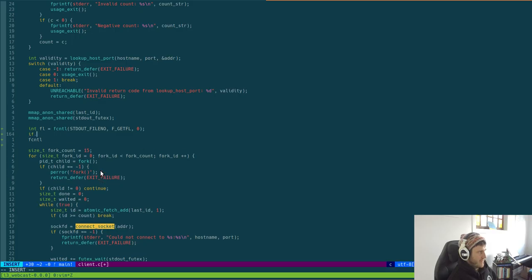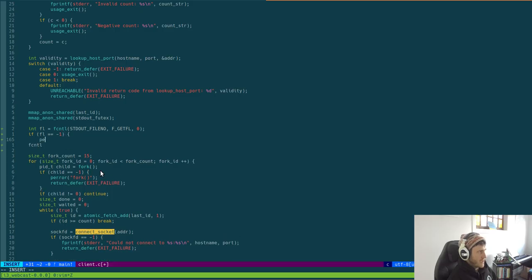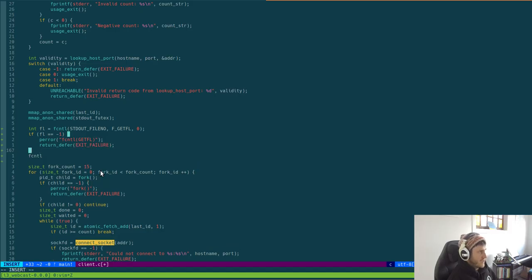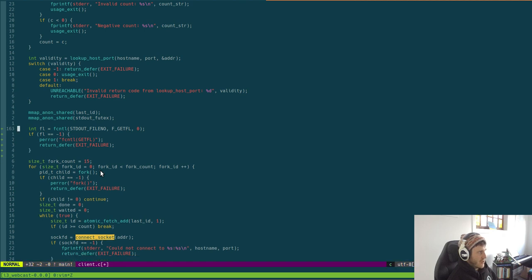So if FL equal -1, we probably want to go perror, fcntl get FL, and return defer, exit failure, perfect. And so if that is all the case, now we kind of want to do